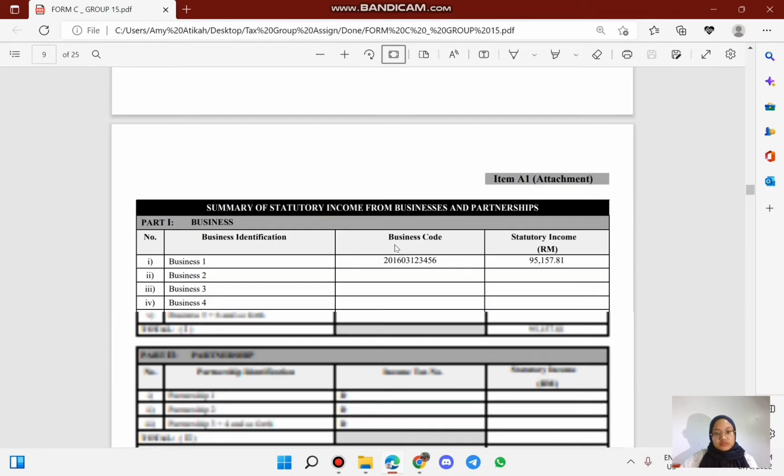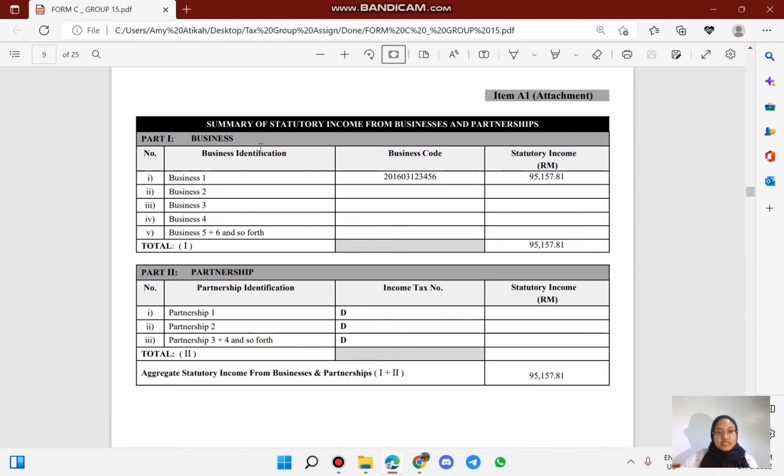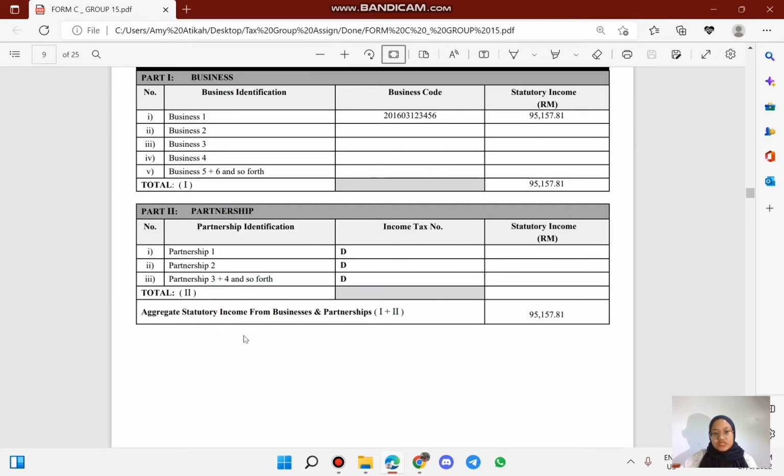Okay, I fill in the summary of statutory income from businesses and partnership. We have statutory income, calculate statutory income business code here, and statutory income total is 95,157.81. And here are the total. We just get the total. And as for aggregate statutory income from business and partnership, we just got for business, so we get the total